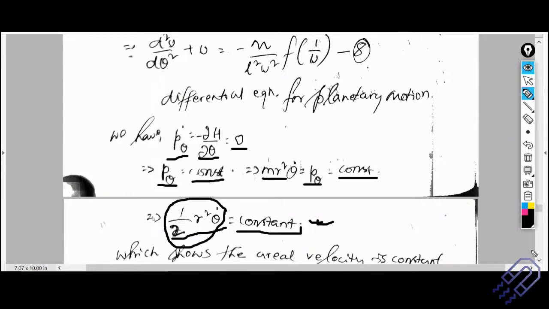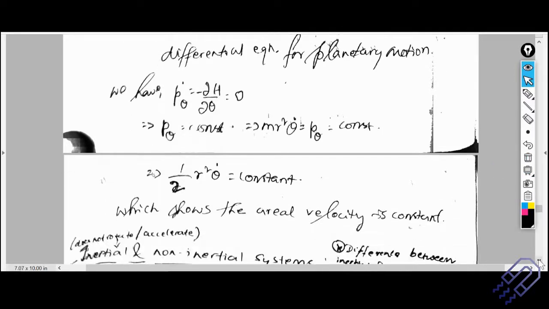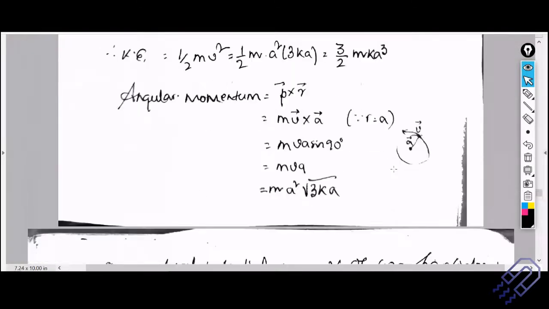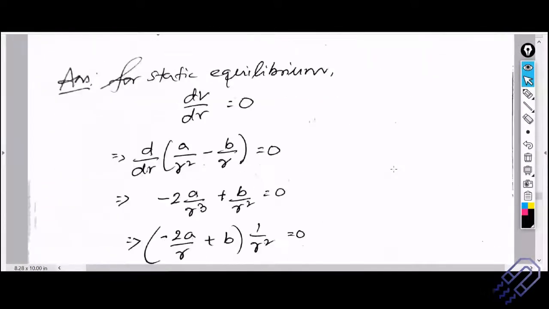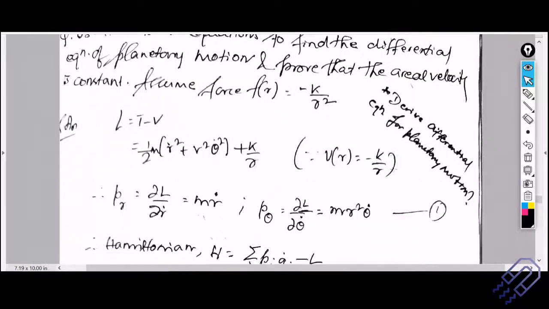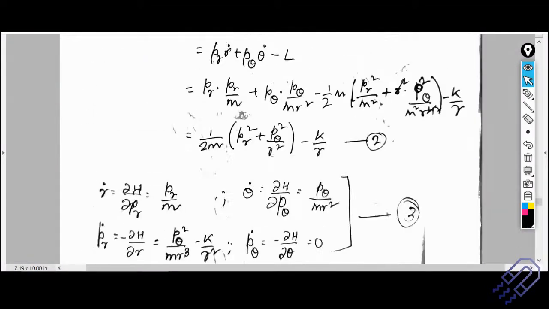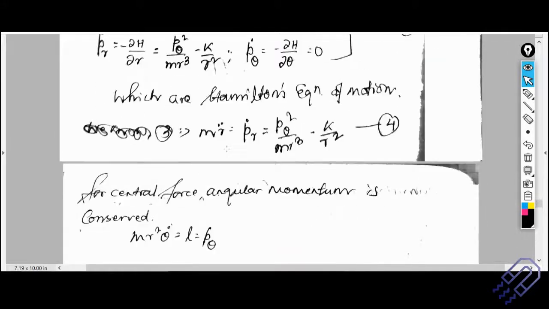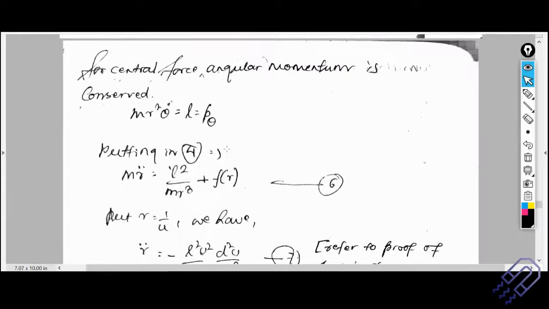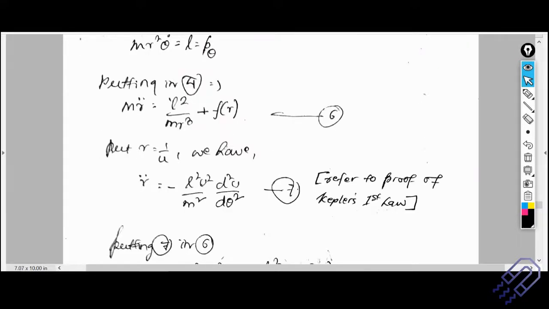In today's class, this question is more or less a revision of whatever we have done, but I have put it in the form of an equation. Let me go back and read the question once more and explain something important here. The question I asked before: derive the differential equation for planetary motion. When we used Kepler's first law and tried to prove it, which is the same question, we did a number of steps. We made it very elaborate and detailed so that all of you can get the crux of this.